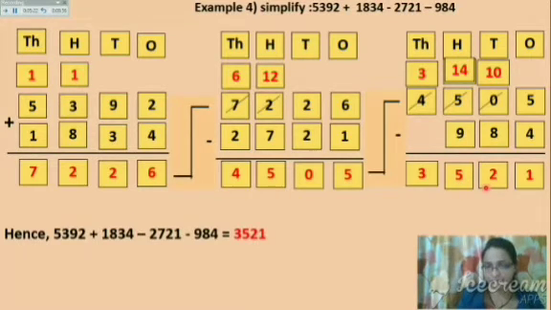3521. Understood? Every time, for each step, we copy the answer of the last process as our first number and then take the next number for the calculation. Always keep in mind, in simplify, do the calculation with two numbers, copy that answer as the first number for the next step and do the next step with the third number. Again you will get an answer, copy the same for the next step and calculate with the fourth number and get the final answer.